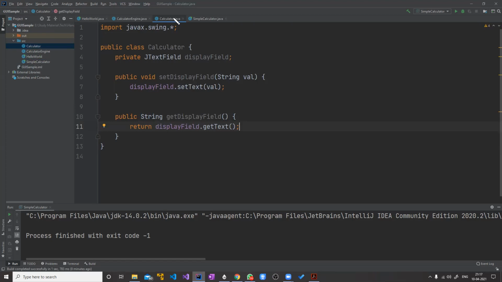We are defining public getters and setters methods in calculator that will allow outsiders to access the display field without knowing whether it exists or how it exists. So this is how we are going to do it. We had this display field and we created these setters and getters for it.